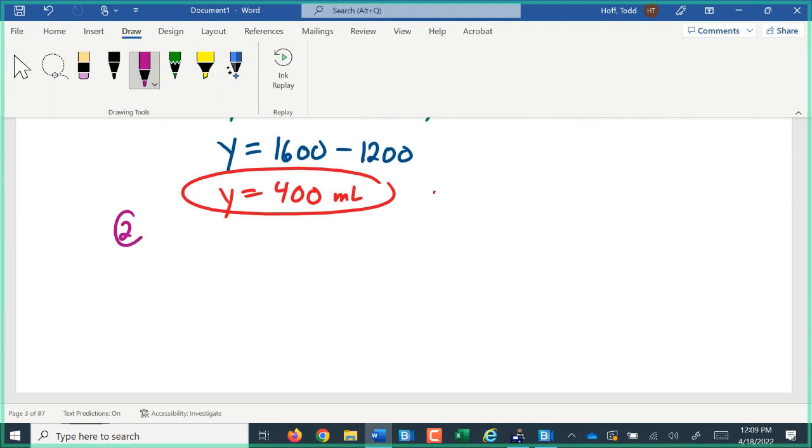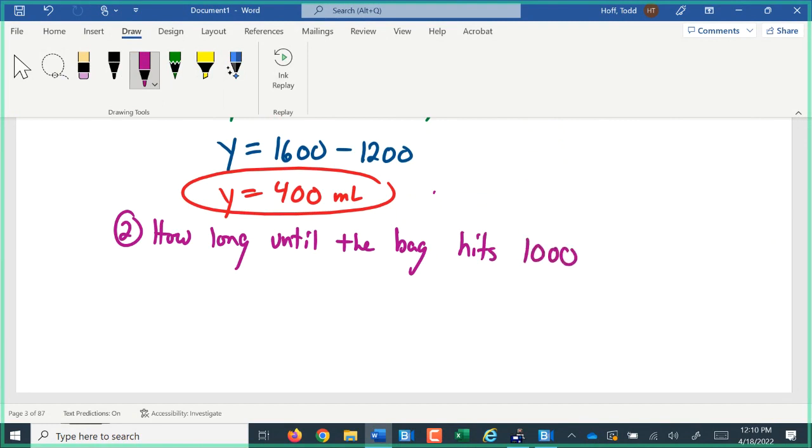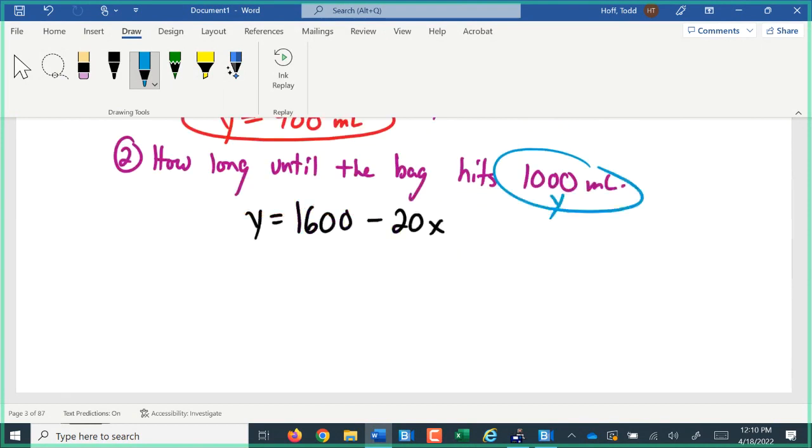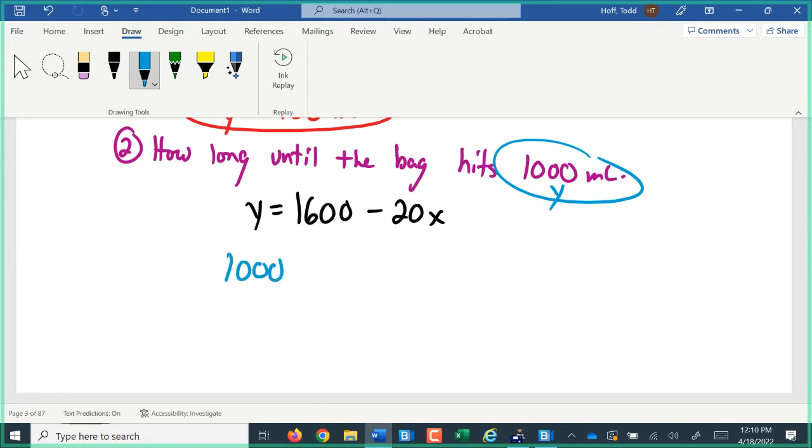I might ask, how long until the bag hits 1,000 milliliters? So again, we start out with our equation, y equals 1600 minus 20x. But now the 1,000 milliliters here, that is the y variable. The volume in the bag is my dependent, or y variable. So the 1,000 goes in for y. 1,000 equals